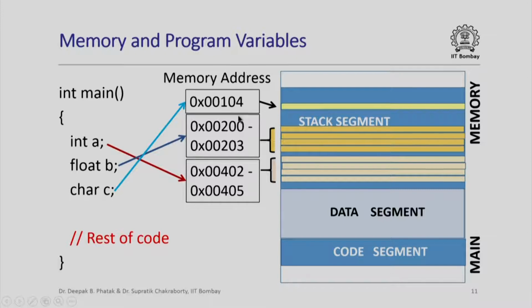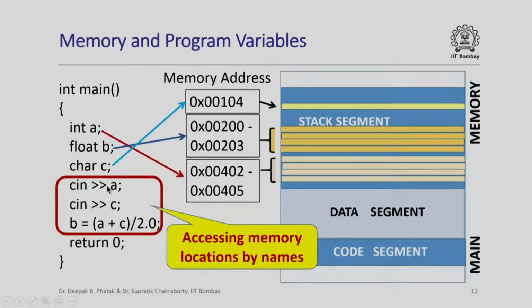These are the addresses. Note that there are 4 consecutive addresses here of the 4 consecutive locations in the stack segment where the value of the variable B is going to be stored, and similarly these are the 4 consecutive addresses of the 4 consecutive locations in the stack segment where the value of the variable A is going to be stored. And now if we look at some real C++ code that uses these variables, what you will notice